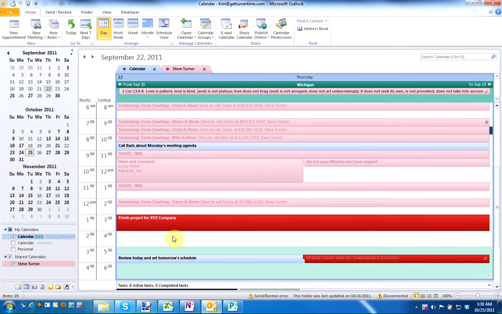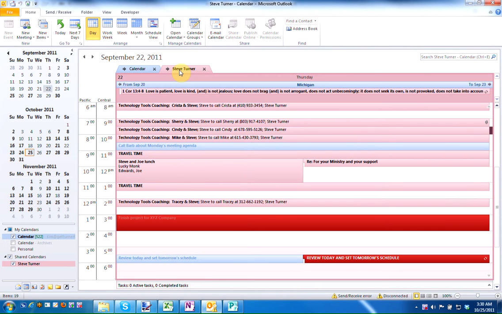Now that our calendars are laid on top of each other, it's easy for me to tell when would be a good time for us to have a meeting. If I want to view Steve's calendar more clearly, I can left-click on his tab. You can see that his appointments are showing in a bold color and mine are in a much lighter color